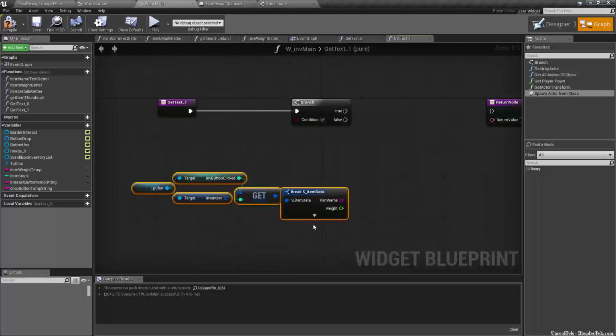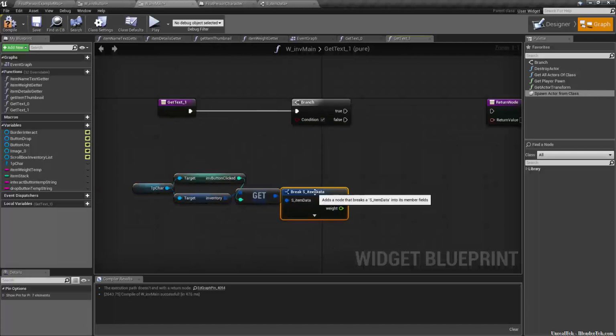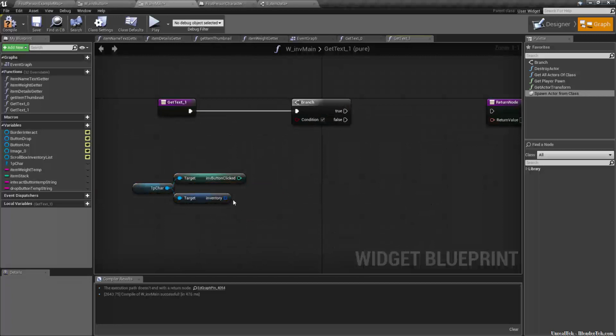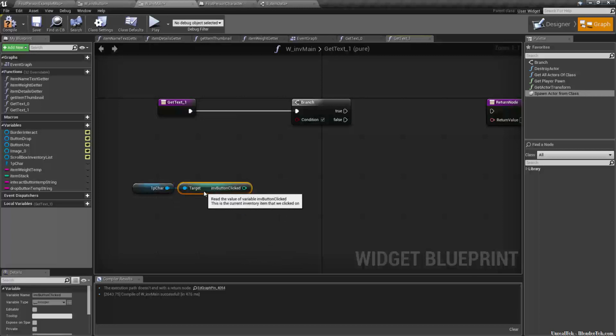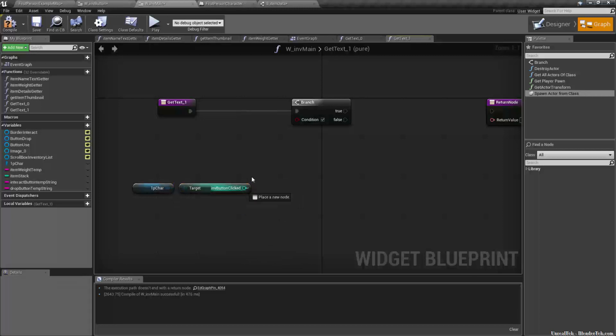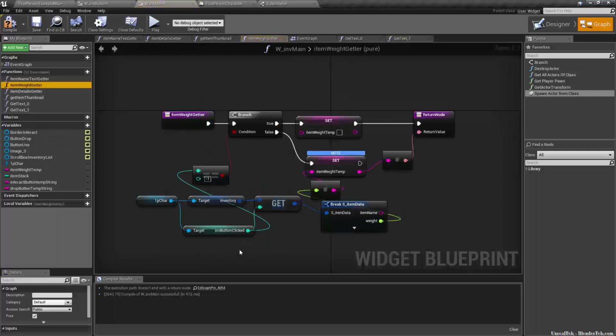And so what we want to do is, we don't need to break anything. What we want to do is, if inventory button clicks, so if the selected, remember how we set it to -1 for null? If this is equal to -1, remember, just like the item weight getter, if the inventory button clicked is equal to -1,